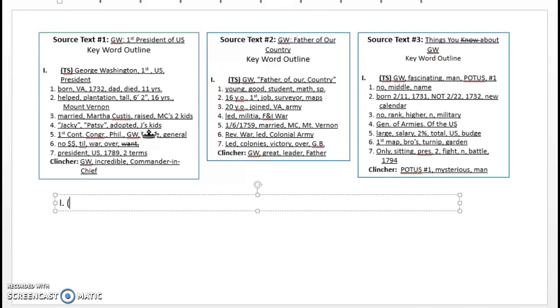So the first part of the fused outline is going to be your topic sentence. So all of our topic sentences are about George Washington. The first one says he's the first U.S. president. This one says he's the father of our country. The last one says he's a fascinating man. You guys know what POTUS, P-O-T-U-S, stands for? It's President of the United States, number 1. So